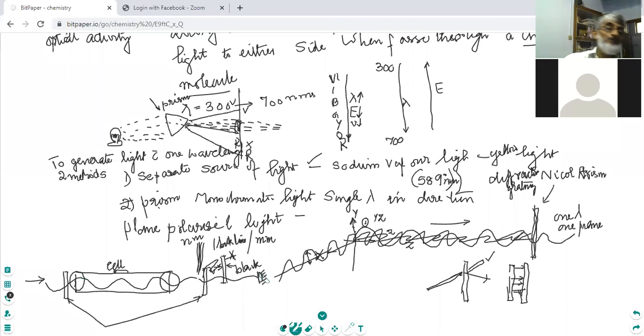Okay, now, so you have arranged the two slits in the instrument. This instrument is called,